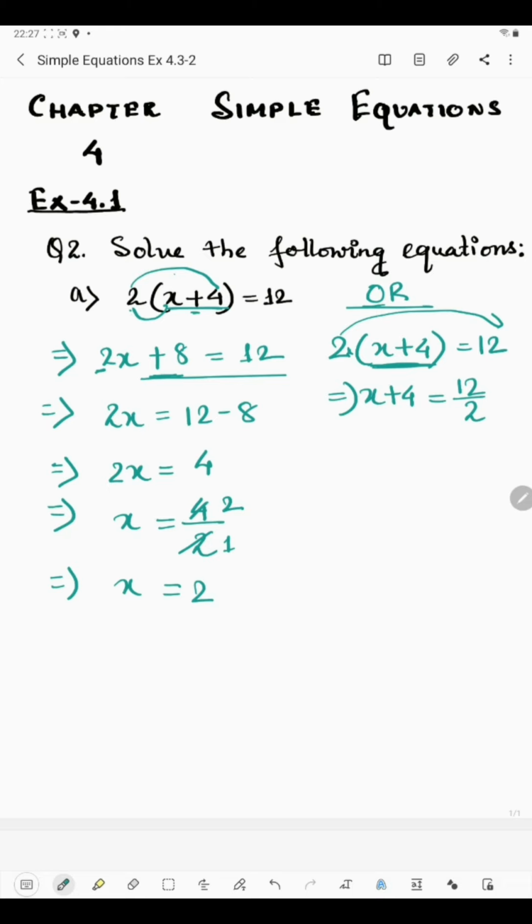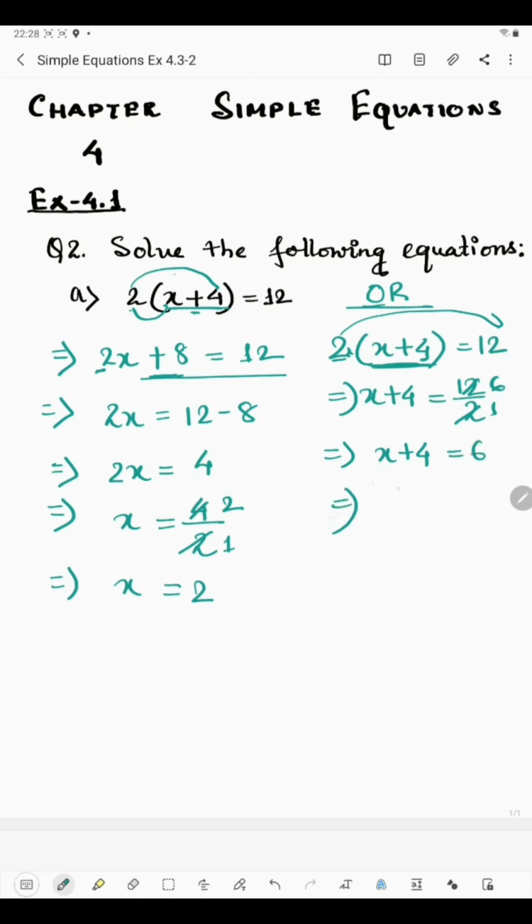Like when you find the value of the variable, what do you do at first? We just remove all the numbers from the variable, right? So at first we are removing 2 from x and then the one which is in the bracket we will remove. Since this is outside of the bracket, we are removing that at first and then we will remove the one which is inside the bracket. Now 2 1s are 2, 2 6s are 12. So x plus 4 is equal to 6.